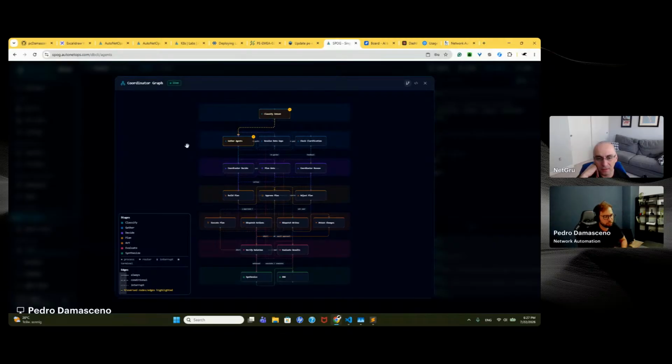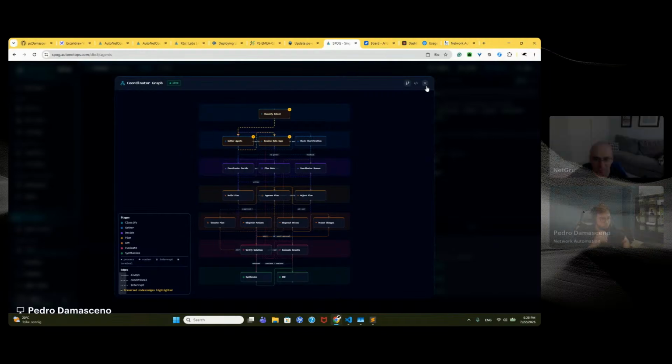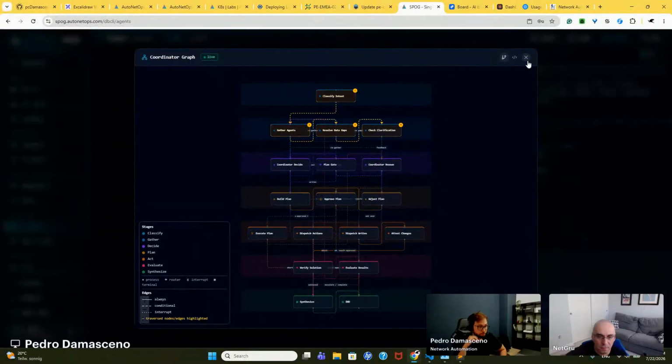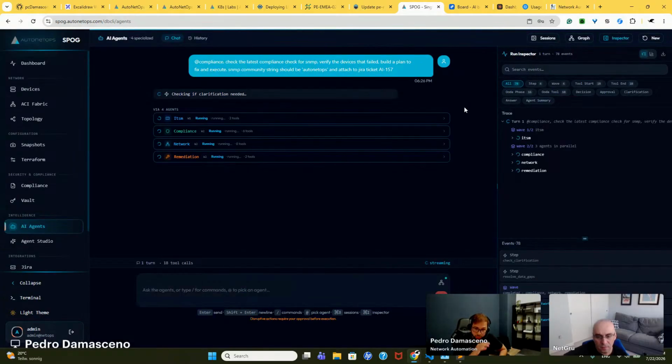So here I built in stages. It's trying to classify the intent, gather the devices, decide, plan, and build the plan, just like a network automation. My orchestrator is going to build the plan, compile the plan, and then wait for someone to approve. And the execution is not on the orchestrator, nor on my AI. Once it builds the plan, it's going to fire to the execution engine,